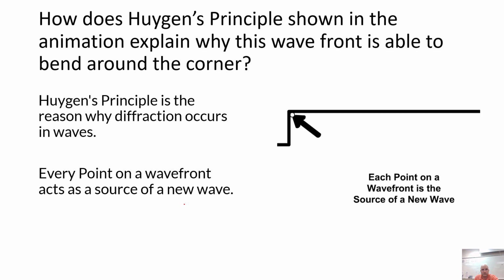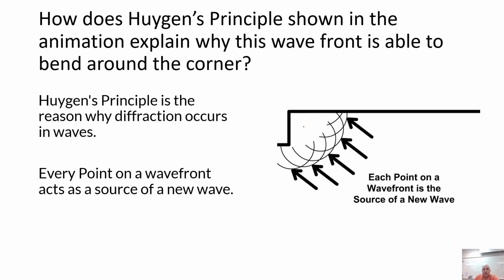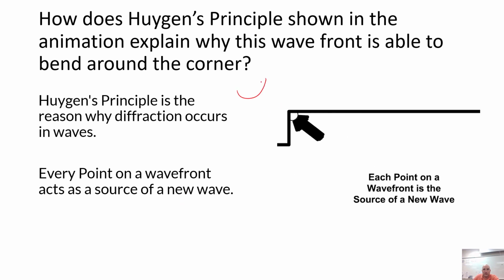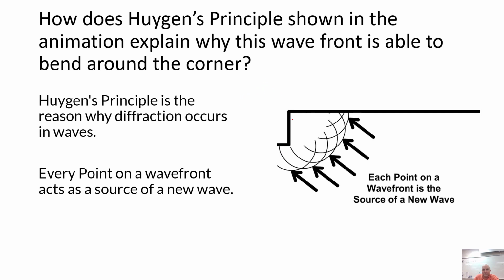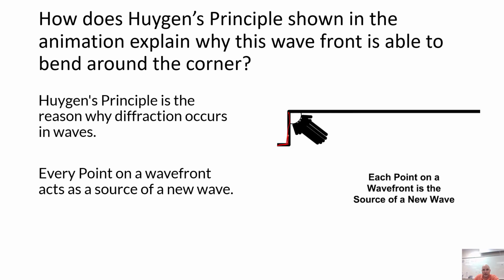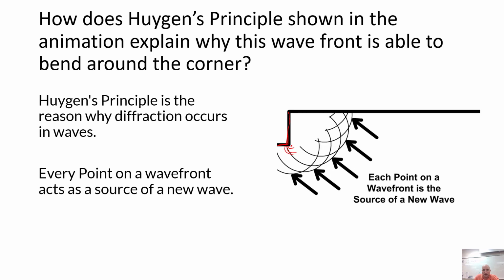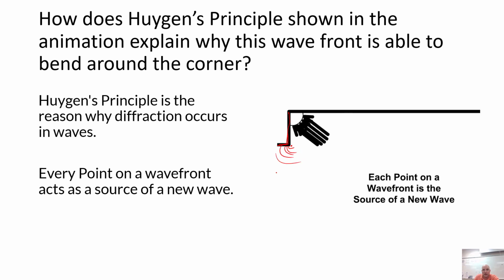Another property is called Huygens' principle. It talks about waves in general. It says that if you have a wave coming around, every single part of the wave acts like a wave in itself. Because every single part acts like a wave in itself, this side right here is blocking that wave. But once it's allowed to come through, this particle, which acts like a wave in itself, just keeps on expanding out. And the result is that you have a bending that occurs around a corner, and that's diffraction.